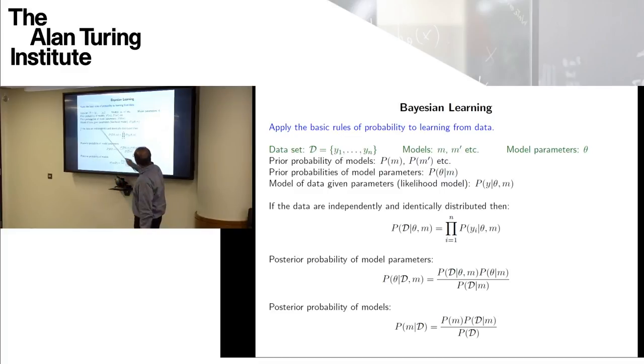Okay? And so that says you have some data, call them y1 through yn. In this case, you might have some models, m, m prime, etc. These could be your different polynomials. These models might have some parameters, theta. And then what Bayesian learning says is